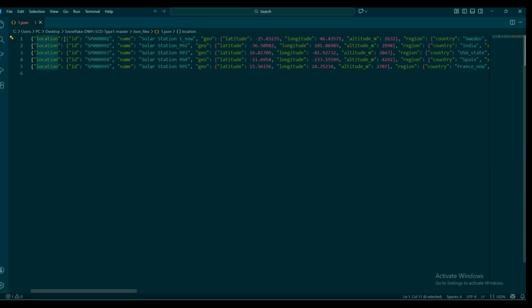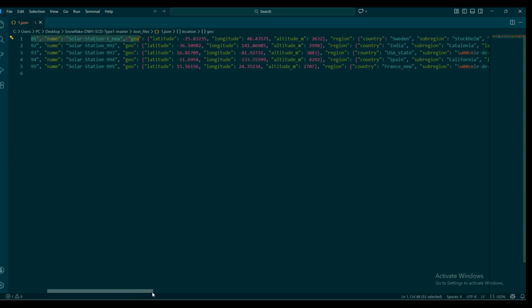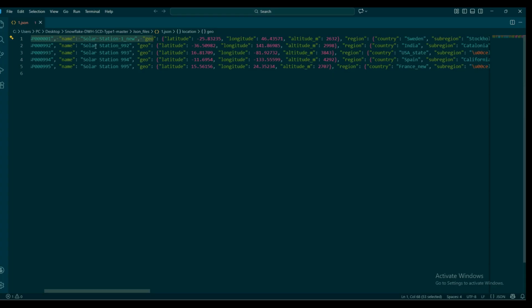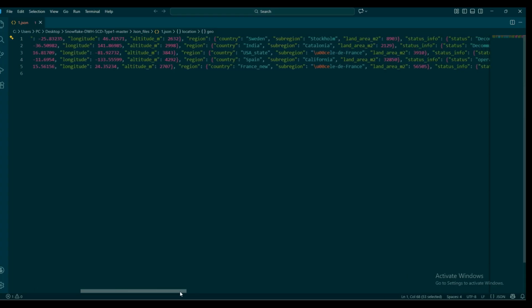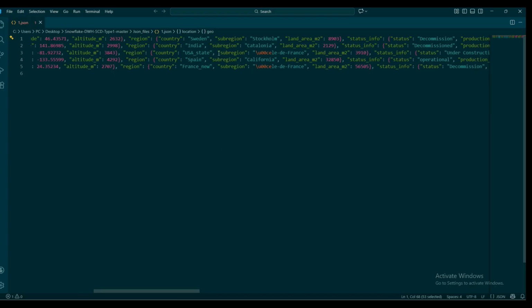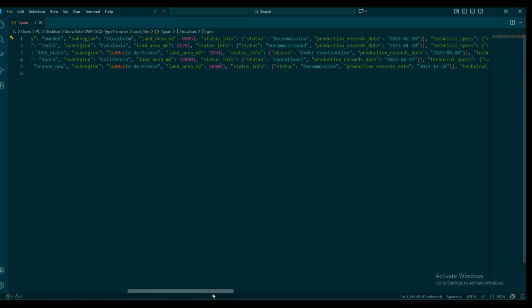The key is location, and the value is a nested JSON, like lat-long, altitude, name, and when you go further, you can see the location and a status that is under construction or something else, and the date of the production,